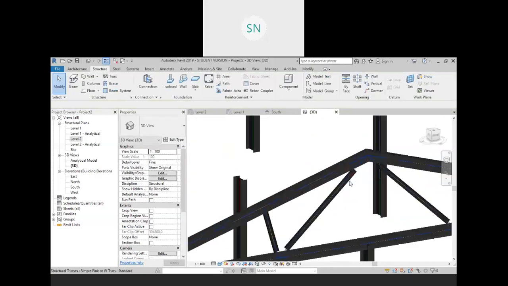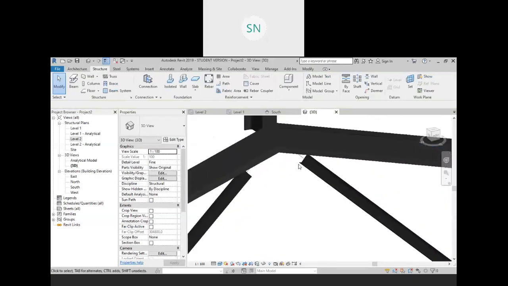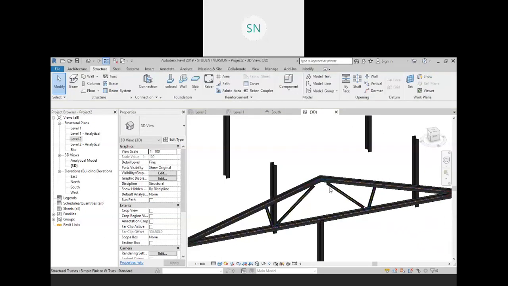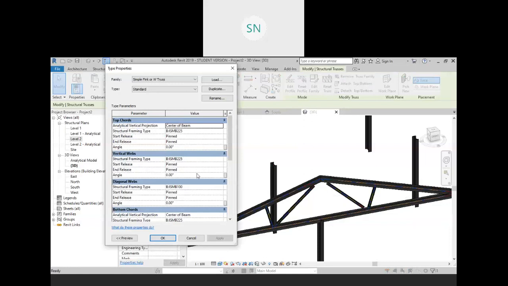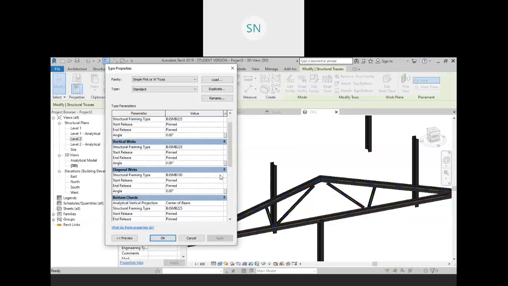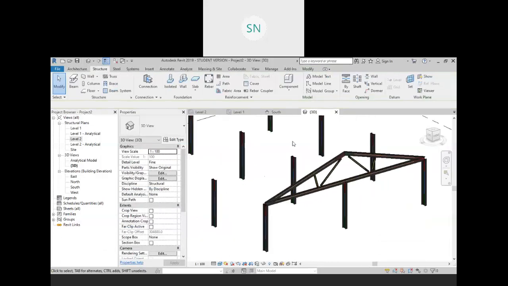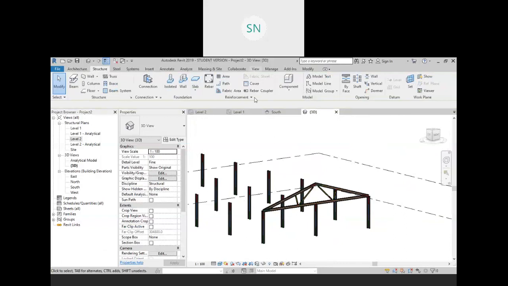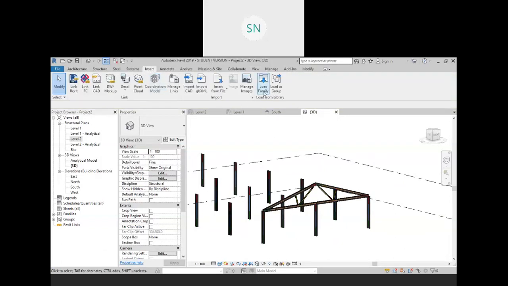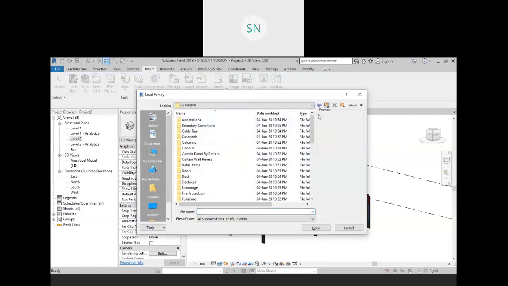If you want to change, instead of I section, for example, if you want to use some kind of other things, you can. We have so many options in the diagonal web. I want to use L section. Click on apply. Sorry, it's a pipe. So right now there is no L section, so we need to load that. And to load it, we need to go to the insert, go to the load family, and in the structure framing,